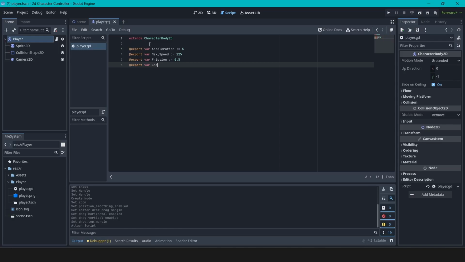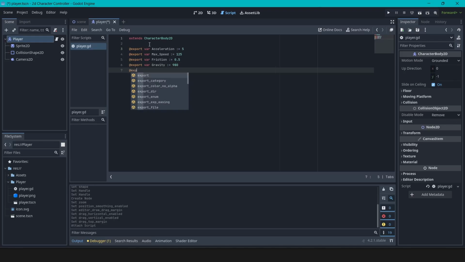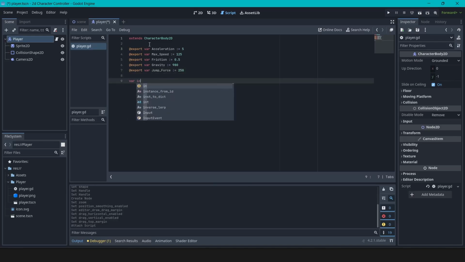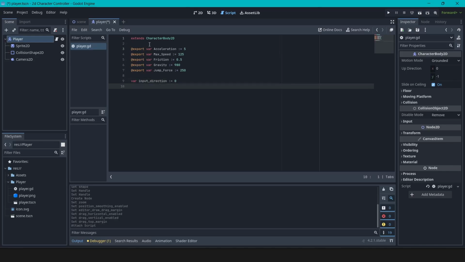I'm also going to make gravity, which will be 980, and jump force, which will be 250, I think. Let's go with that. Now declare a normal variable, input direction, and I'm just going to make this one 0. Also going to make another one which will be